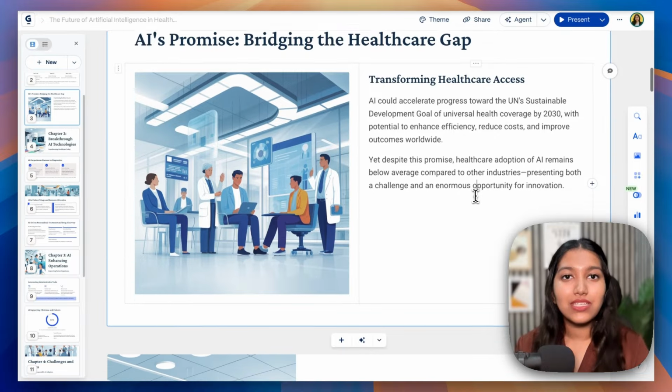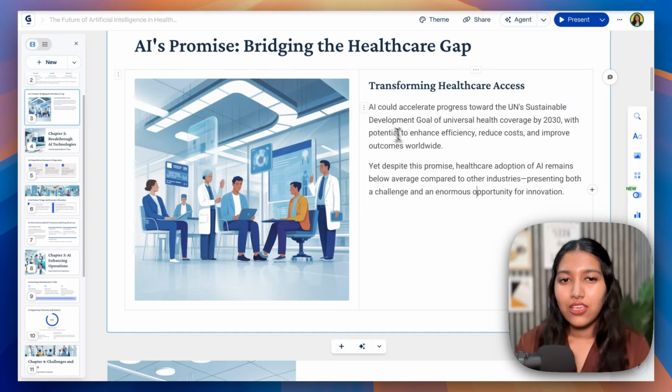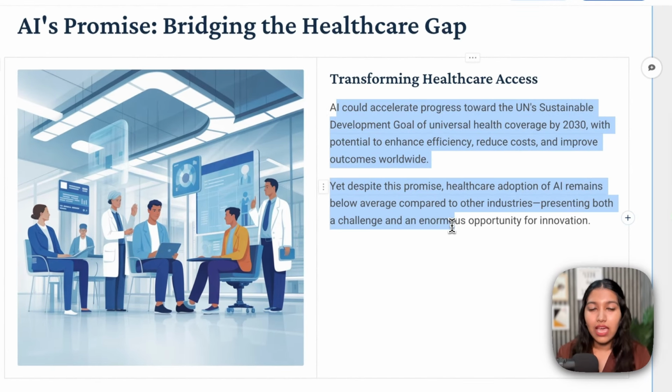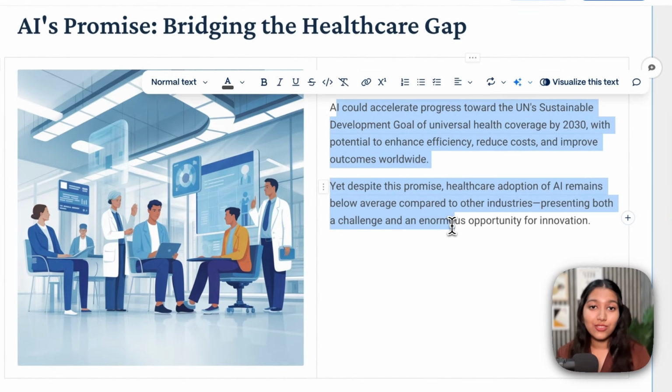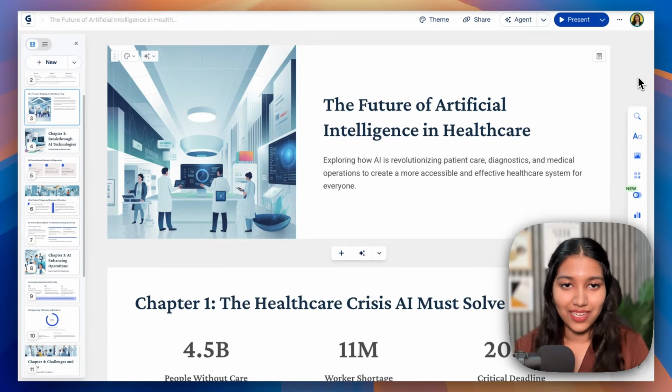So all we have to do is give it some feedback, that maybe I don't like it this way, and then it's going to take it from there and make it exactly how you like it, which is the good thing about this. Whereas in the other platforms, once you generate, that's it. Now, if you want to make any change, do it yourself. But in this one, you can easily use the help of the agent and take it to the next level.